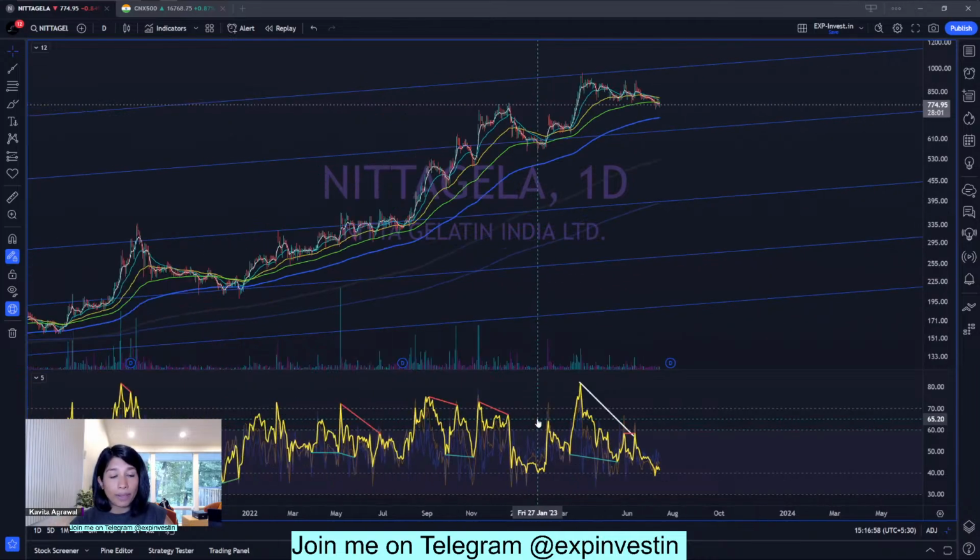Second, and the more compelling reason, is the volume profile. You can see this is the volume here, and the volume has been declining as the stock has been rising lately. Not a good sign. So if you have an active position here, even if it's a long-term position, I will strongly urge you to book your profits. And if you are considering to make a position, then I would say that you've dodged a bullet. Don't go ahead with it right now.